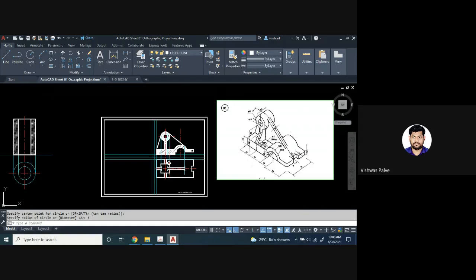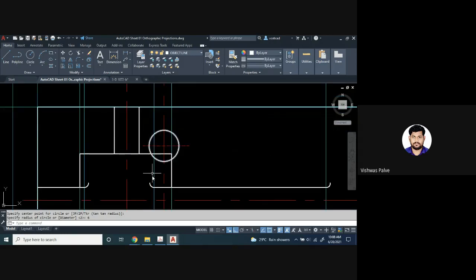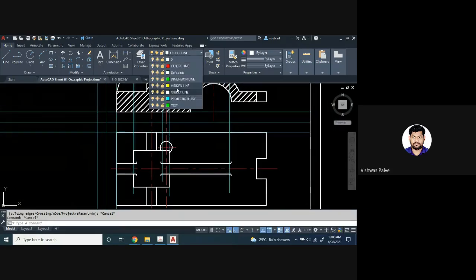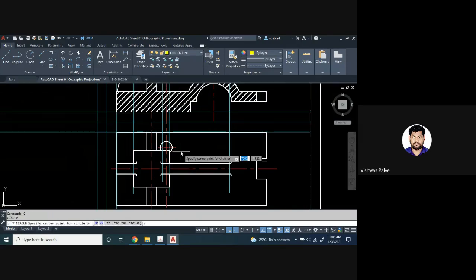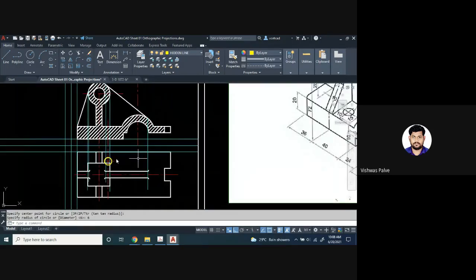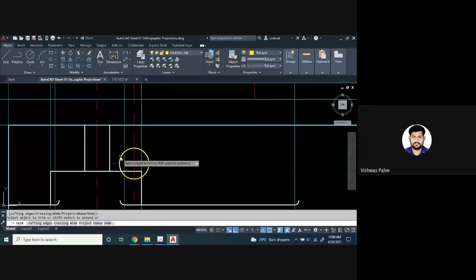So whenever it is lying underneath this cylinder, we have to show it as hidden, right? So half of this circle will be shown as hidden, and half of it should be shown as a dark line. This much portion will be seen when you observe it from top, but we have to show the remaining part also. So I'll use the hidden line. C enter, draw with the radius of 6. 12 is the diameter, and in that I will use the trim option. I will trim this portion.